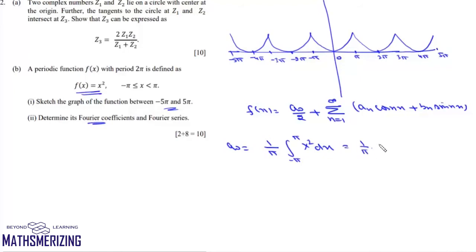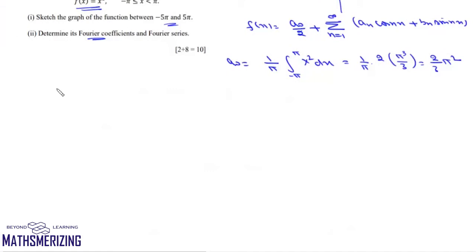So it will be 1 upon pi and then x cube upon 3. So it will be 2 times pi cube upon 3. So this value will be simply 2 upon 3 pi square. So that is the value of a0. Now we'll find the value of an. Now an is 1 upon pi and then integral from minus pi to plus pi f(x), which is x square, into cos nx dx. Now since it is an even function, we can write this as an equals 2 upon pi